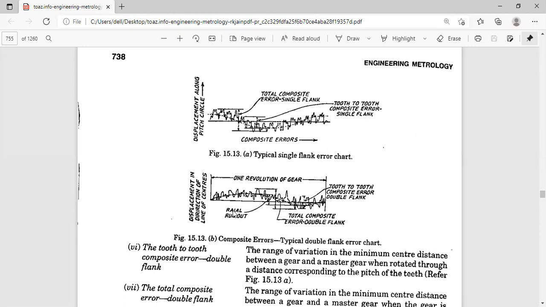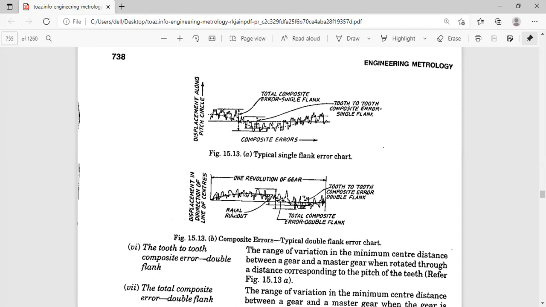So it depends upon the direction. Axial runout in the axial direction, radial runout in the radial direction, and at the side, it is a side runout or wobble. As I've seen in this book somewhere, he has not specified correctly. Radial runout he has taken as wobble, but in most of the practical gear manufacturing industries, or try to Google it, you will see wobble is a word for the side runout, not for the radial runout in the radial direction. So that is very important.